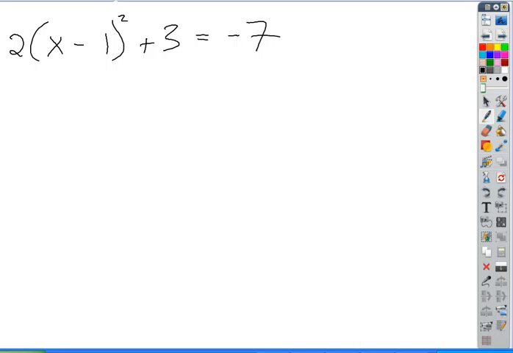Divide by 2. Good. Then what? Square root. Then what? Add 1. Good. Now,